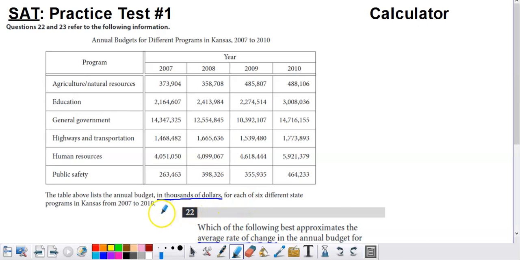If you look at the statement below the table, it lists the annual budget in thousands of dollars for each of the different programs in Kansas. So this number is not the budget for agriculture and natural resources from 2007. If I multiply this value by 1,000, so essentially add three zeros onto the end of this, that's the value for the budget for 2007 for the Department of Agriculture and Natural Resources. If you overlook this little statement right here, that's definitely going to impact your ability to answer the problems associated